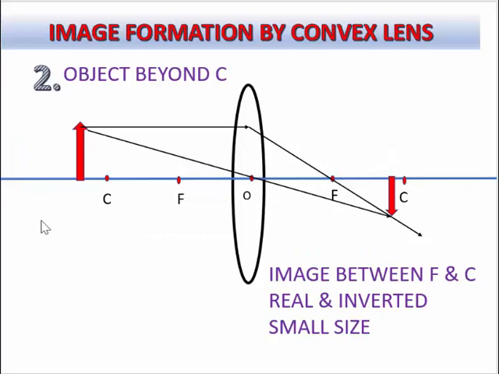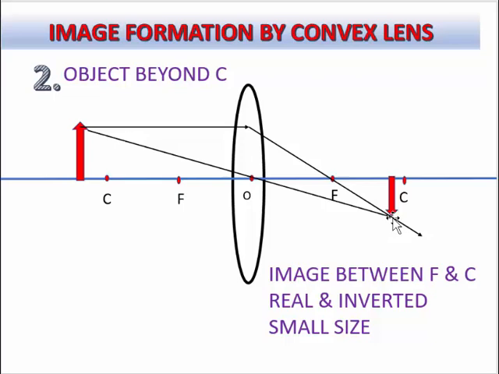Let's now discuss the second ray diagram. In this case, we will now shift the object from infinite distance to just beyond C. When the object is placed beyond C, the first light ray will go parallel to the principal axis like this, and then after refraction, it will pass through the focus, something like this. The second light ray will always go through the optical center. Now in the case of lenses, remember that the second light ray we will always make pass through the optical center. Now where do these two light rays meet? They meet between focus and the center of curvature.